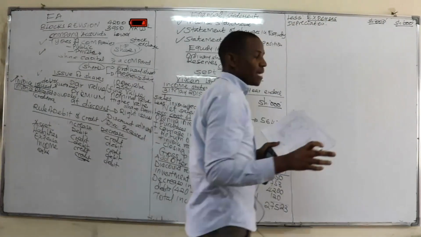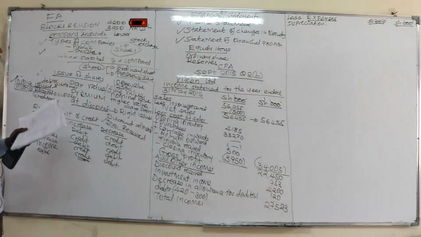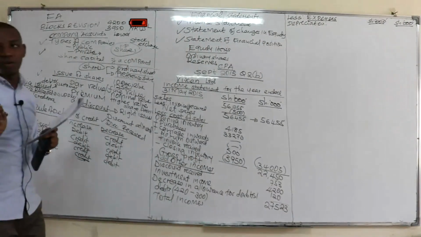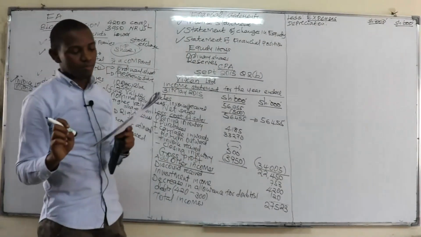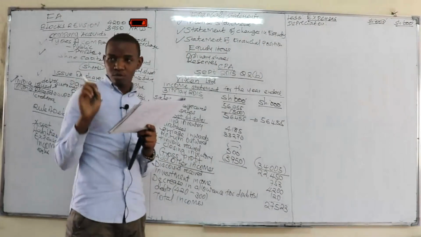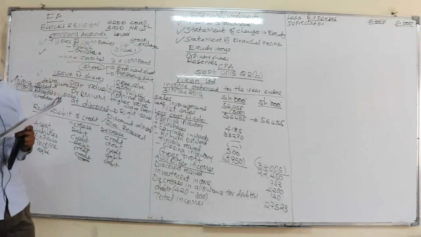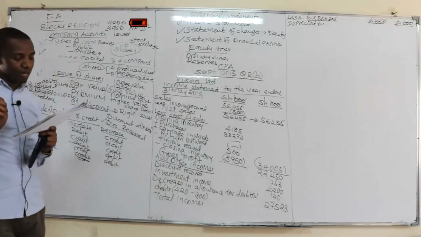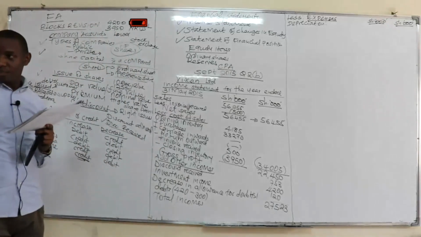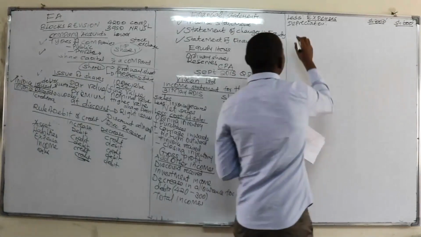Now, depreciation is the loss of value of a non-current asset. And there are 2 methods of depreciation. There is the straight line method and there is the reducing balance method. Straight line method is when depreciation is charged on cost. Reducing balance is when depreciation is charged on the net book value. What we mean in this case is just the cost minus the accumulated depreciation. We begin with number 1, which is furnitures and what?